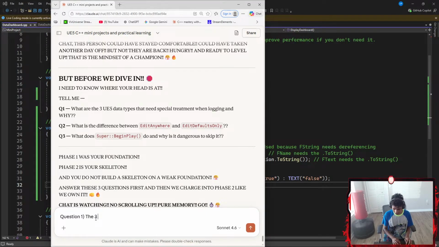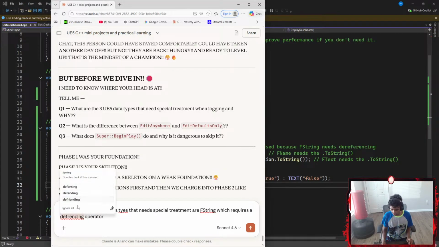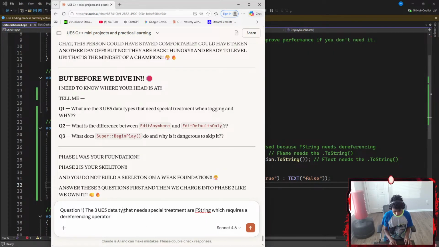Okay, the 3 UE5 data types that need special treatment are FString, which requires dereferencing, a dereferencing operator. I think I spelled dereferencing wrong. There we go, and then I spelled types wrong as well.